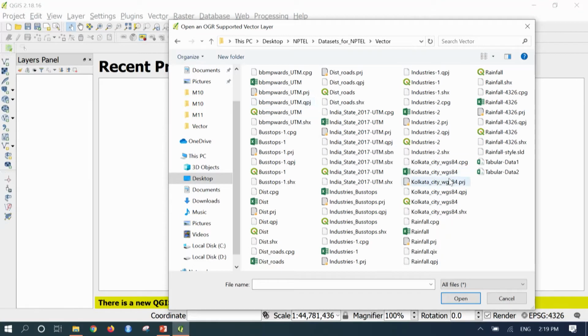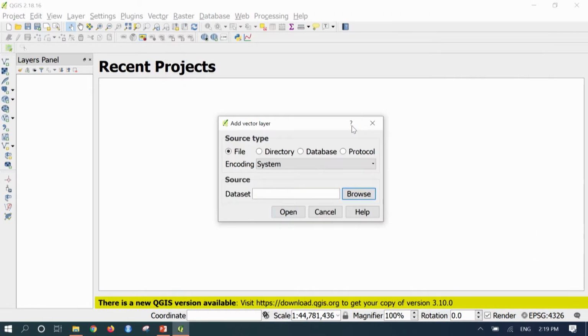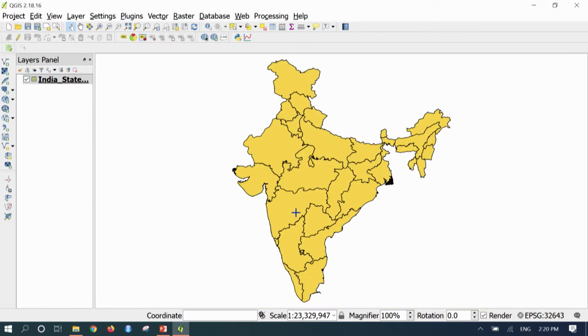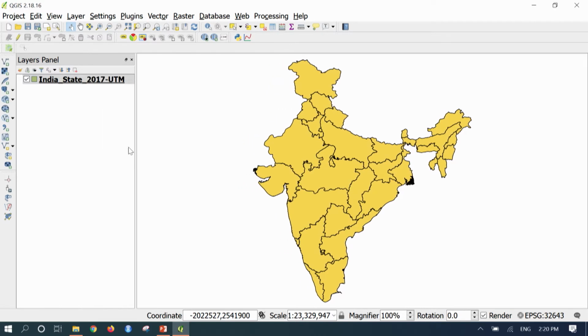We will go to India, state 2017. This is the file we are using for this particular map composition exercise, and we will try to open this. So now the shapefile containing all states of India is appearing in the map window. Similarly, the name of the shapefile appears in the layer panel on the left side.